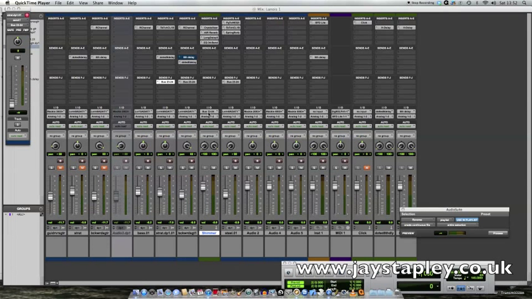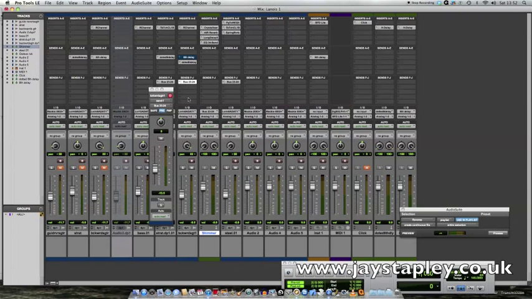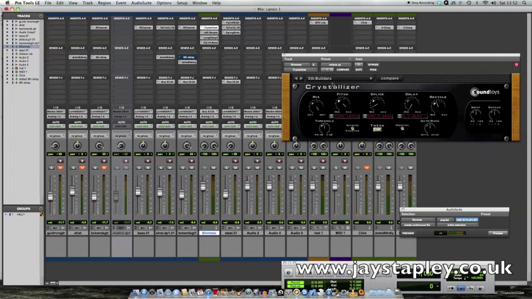I've set its input to bus 23, 24, and then on a couple of the guitar tracks I've set a send on bus 23 and 24, so I can poke stuff from these guitar tracks into that auxiliary channel strip. At the top of the channel strip I've put a pitch shifter. I've shifted everything up an octave and I've set the mix to 100% wet, so I get none of the